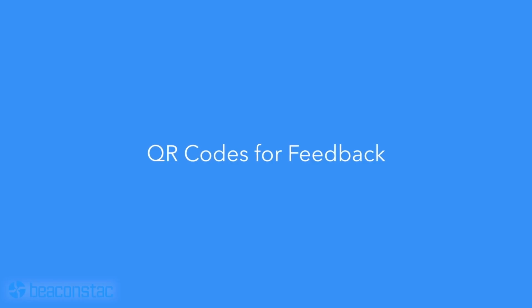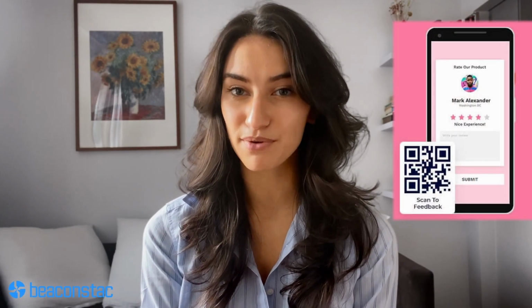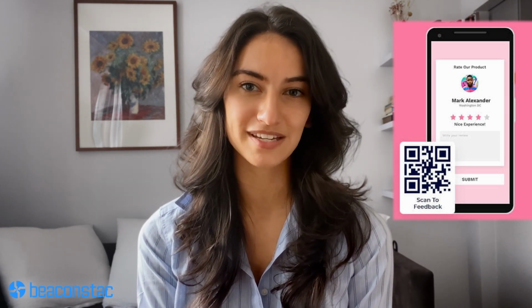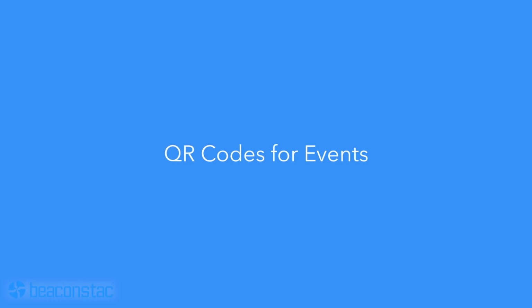QR codes for feedback. Get feedback and ratings for your business by leveraging QR codes on product packaging, posters, in-store signage, and at checkouts. Use a simple type form that users can fill out to either leave you a rating or give you feedback. You can even add 4 to 5 specific questions to the form to get comprehensive feedback that you can utilize for improving your product or service. Incentivize buyers to fill out your feedback form or rate you online by improving customer experience. I said this before, but I'll say it again. User-generated content is king.